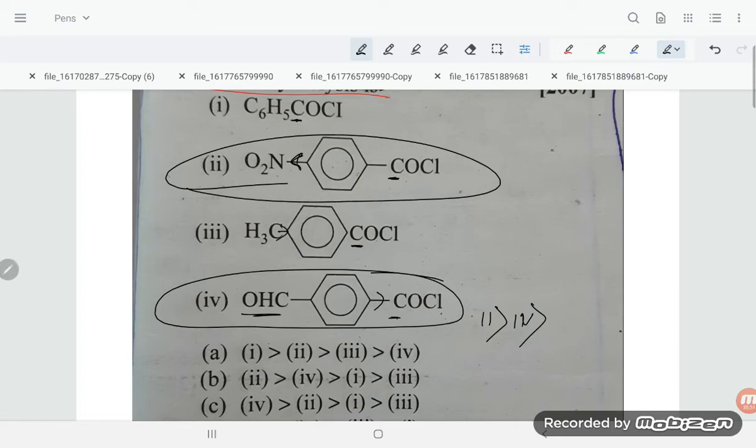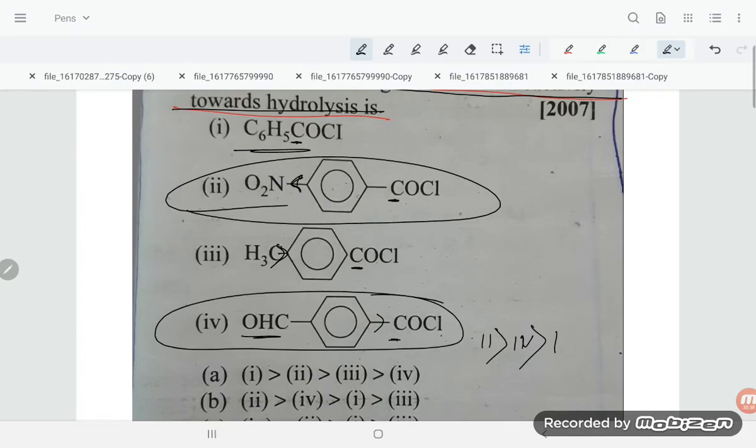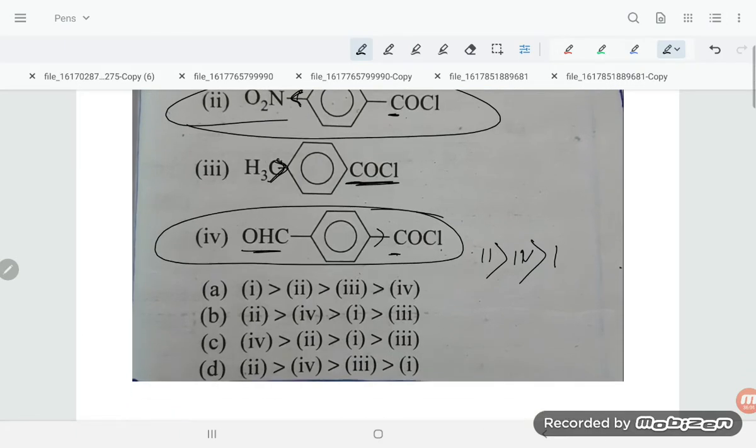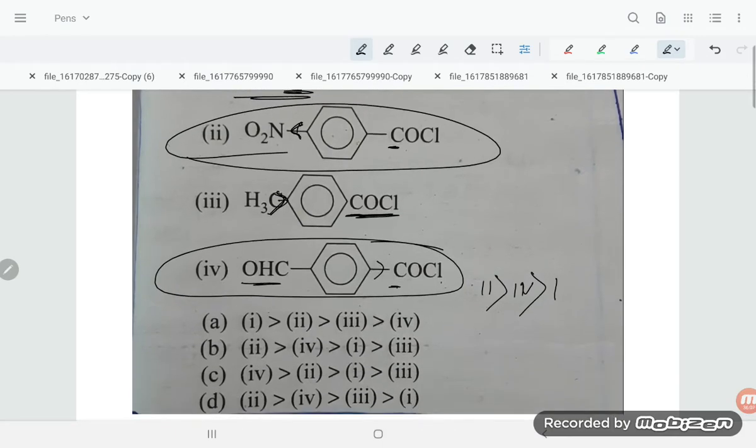If you see this one, methyl group is electron donor, and here is no. So what will happen, then it will come first, and last, no, not first, this COCl is there now. So if you see, dear students, here COCl is there, right? So CH3 group is donating, right? So here it should be one number, because of the sp character, so that is one number.